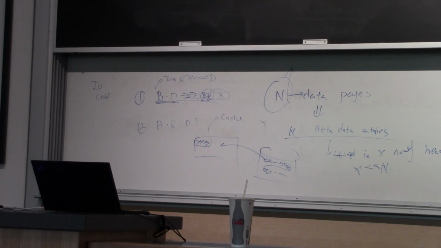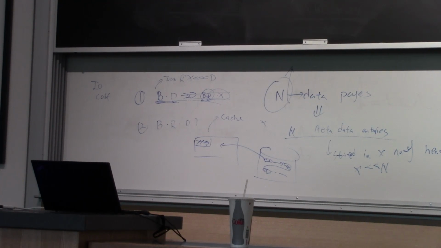But since you mentioned it, I can imagine a best case scenario as well, which is the record I'm looking for is in the first page in my heap file. So I'm really lucky. Once I start scanning, I find it. I pay 1 IO. So in the worst case, it's B IOs. The best case is 1 IO. What's the average case? In the middle. So the average case is this for heap file. Does that make sense?